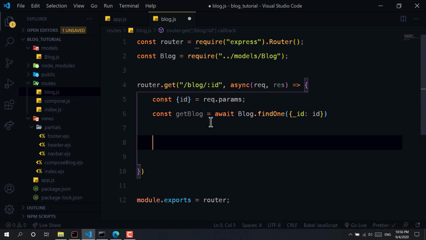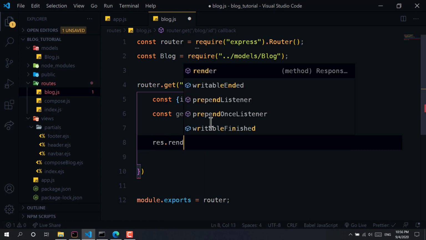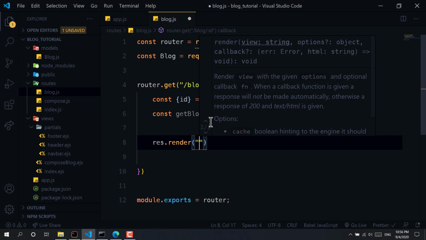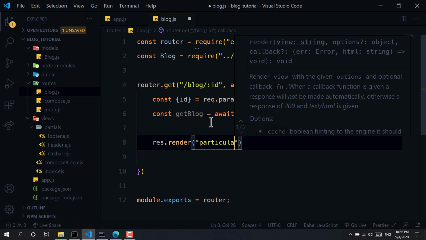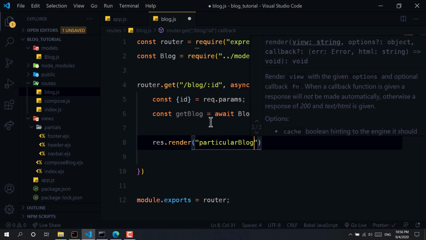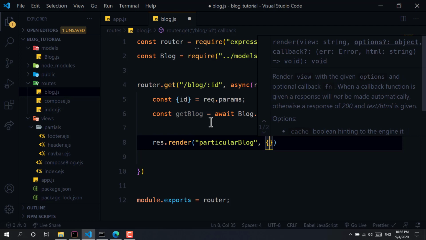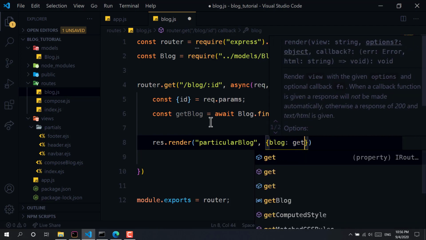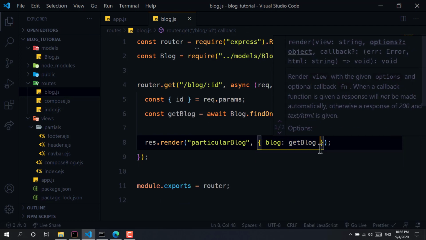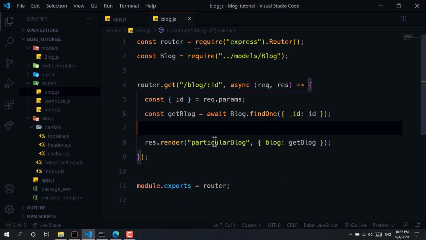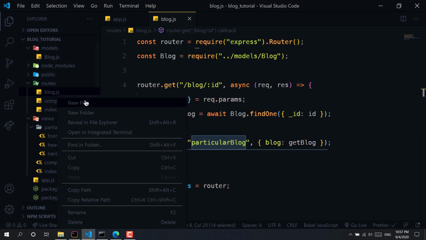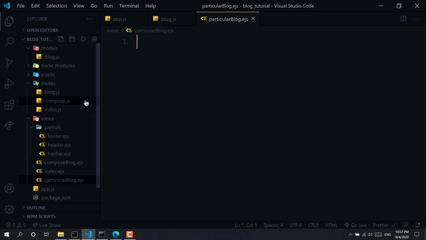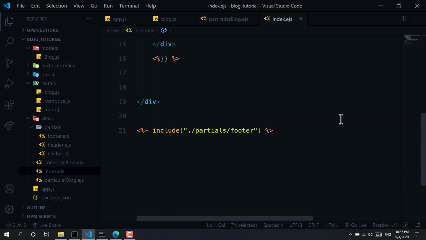Now when we get it, I will just render, response.render, let's just get particular blog, and we will send the data, that is blog, to be get blog. And we will have here an object, so we don't want to loop over it. So let's just go and create here particularblog.ejs, and we want to grab all of this.